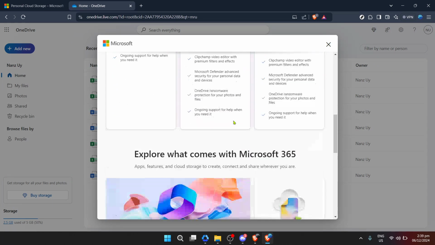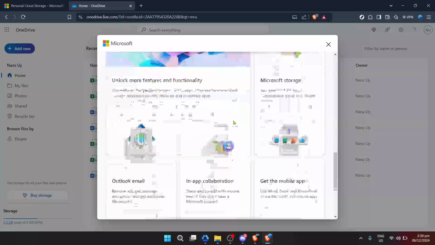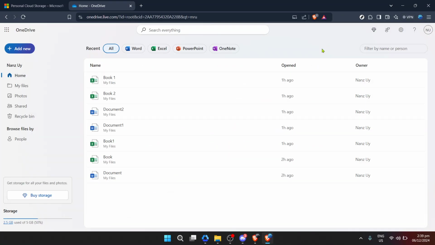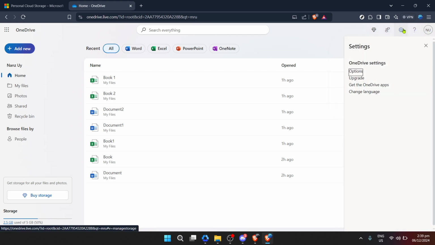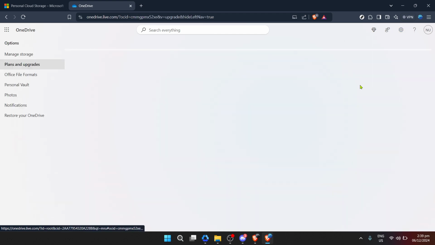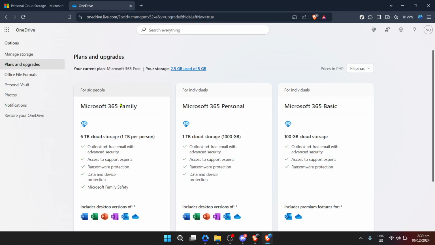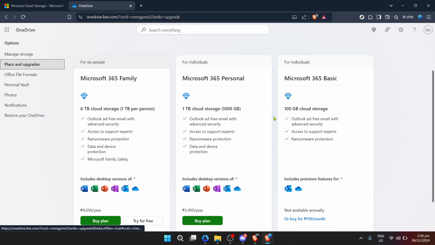Within the Get More Storage area, you'll be presented with a range of storage plans. Each plan varies in capacity and price, so take a moment to consider what best suits your needs. Maybe you're a heavy user, requiring lots of space for photos, videos and documents, or perhaps you just need a small additional amount to tide you over. Once you've made up your mind, select a storage plan that aligns with your needs. This selection process is straightforward, but do take the time to review the specifics of each plan. Sometimes there are additional benefits or terms that might sway your decision one way or the other.